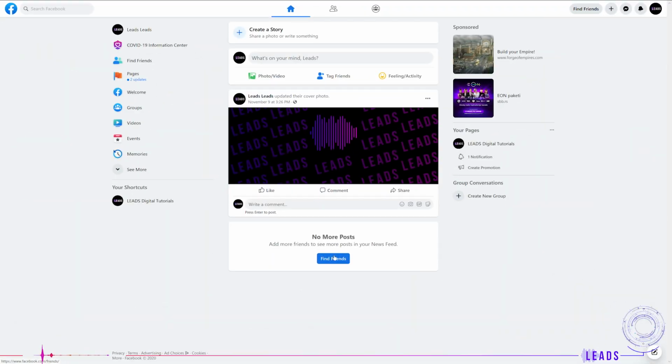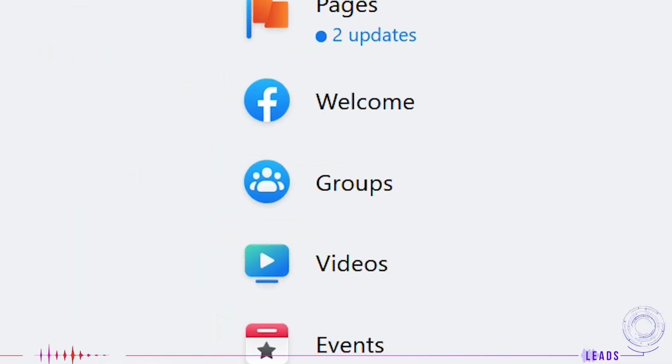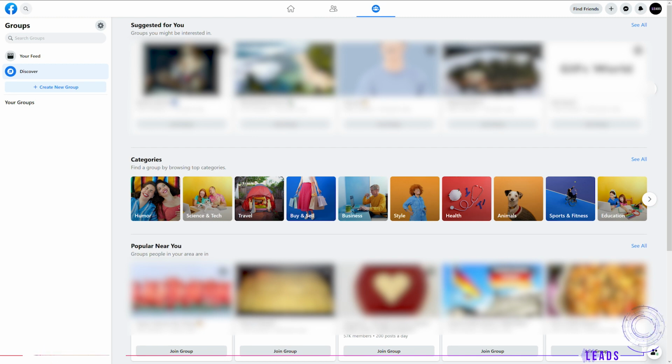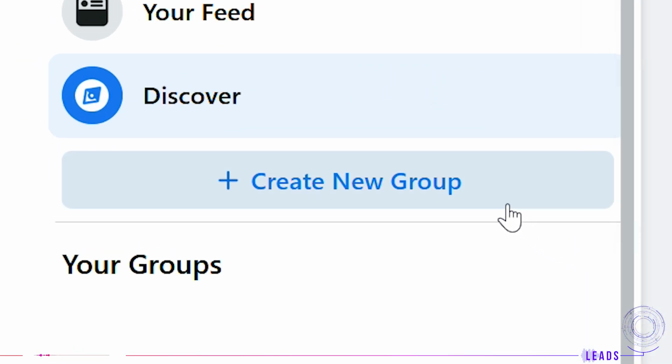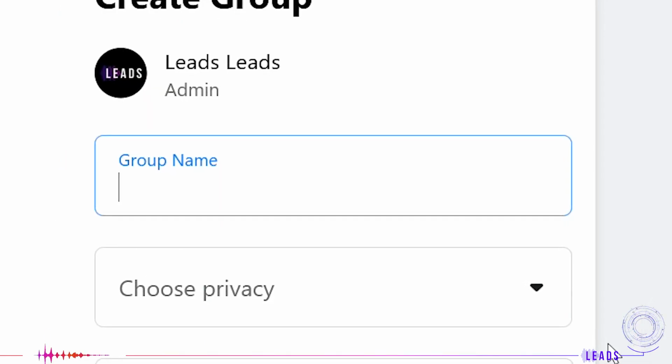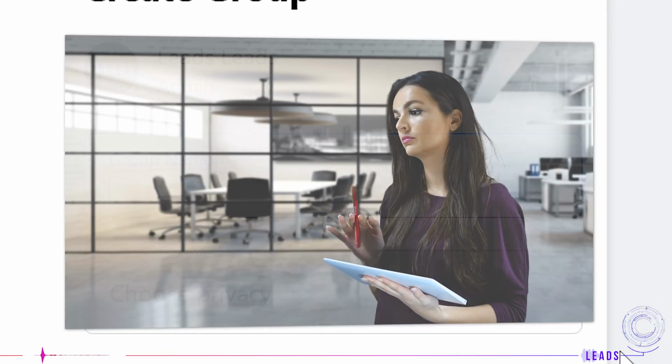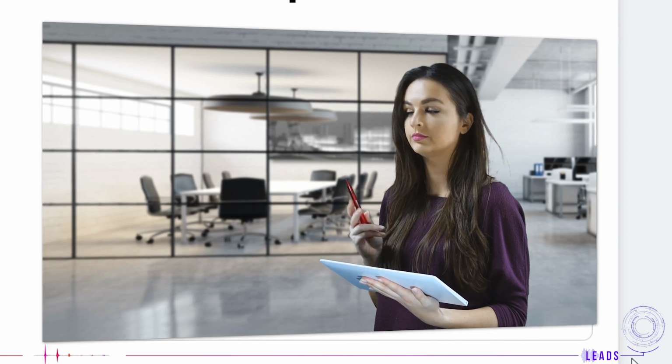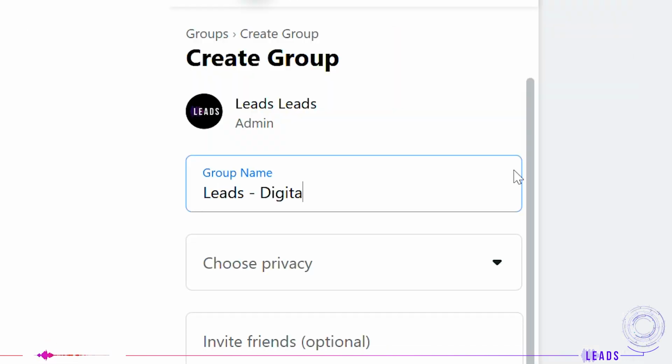Hello everyone, Leeds here. Log into your Facebook profile and click on the group icon. On your left hand side, you can see the plus Create new group button. Click on that tab. It would be good to come up with a unique group name. Maybe it's better to do a quick search before creating a group and see if there's one with the same